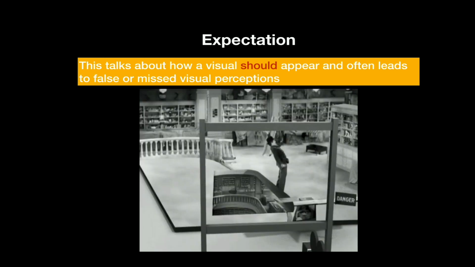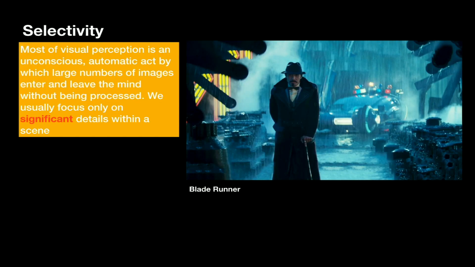But this is actually how they created it. It's just matted in there. It's this small miniature. You can see the camera down towards the bottom, or the model of it, and you can see that they had painted that little part in there. And just a trick of perception will make us think that that little piece is in there. So expectation, we're expecting him to fall off this rail. He's not really going to fall off the rail. Sometimes films will do this where you expect something to occur and it doesn't occur, and that's another thing too.